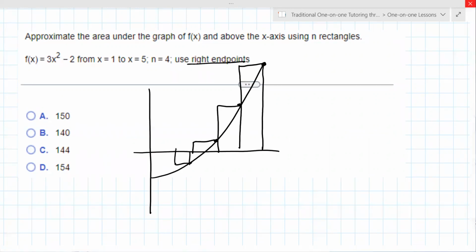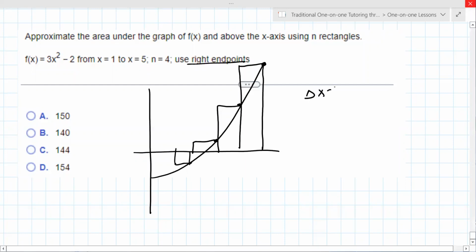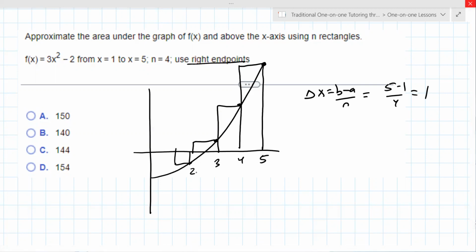So to do this, you need this calculation. You need b minus a over n. That gives you the width of the rectangle. That's 5 minus 1 over 4, which is 1. So that's how I knew to start this thing at 5, 4, 3, and then 2 for that. Is that right? Yeah. And actually this thing crosses. The graph's not quite accurate. It doesn't cross. This 2 should be on the other side, but